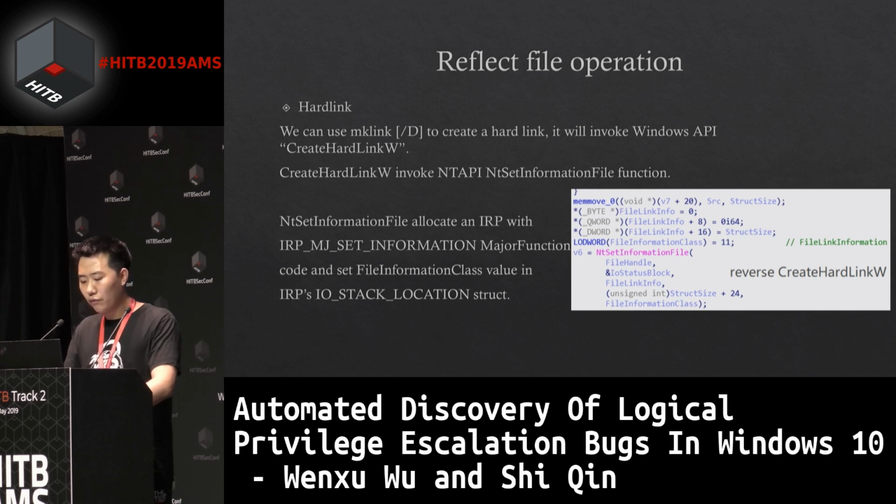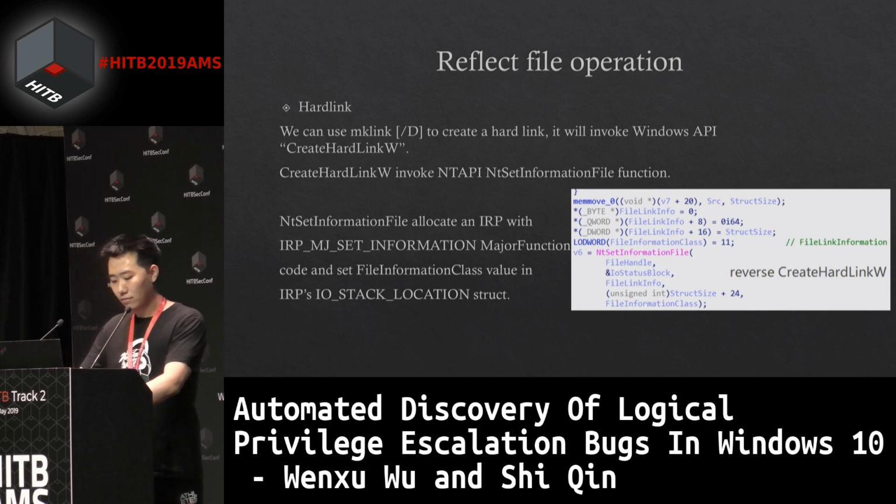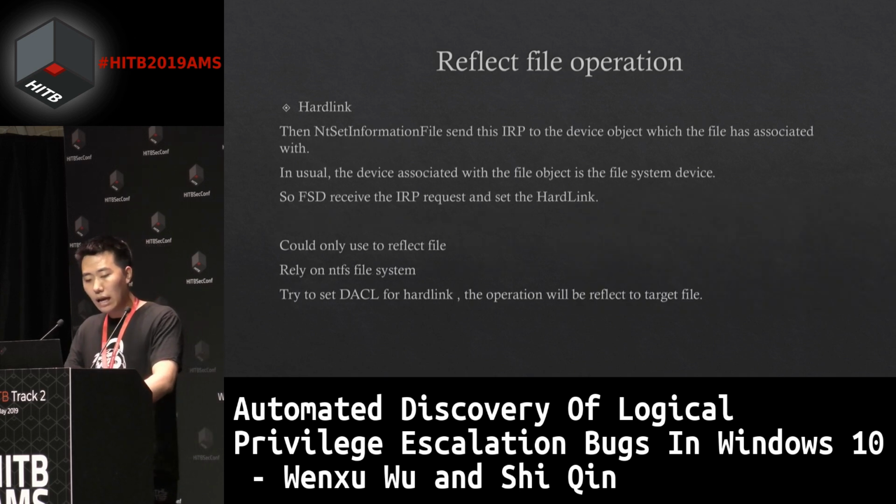The NT set information function allocates an IRP with the IRP_MJ_SET_INFORMATION major function code and sets the file information class value in the IRP's IO stack location struct. And then NT set information file sends this IRP to the device